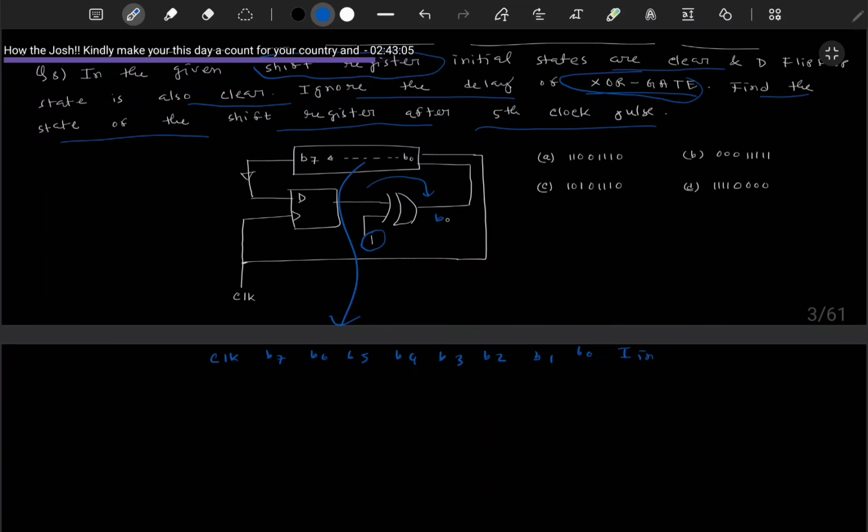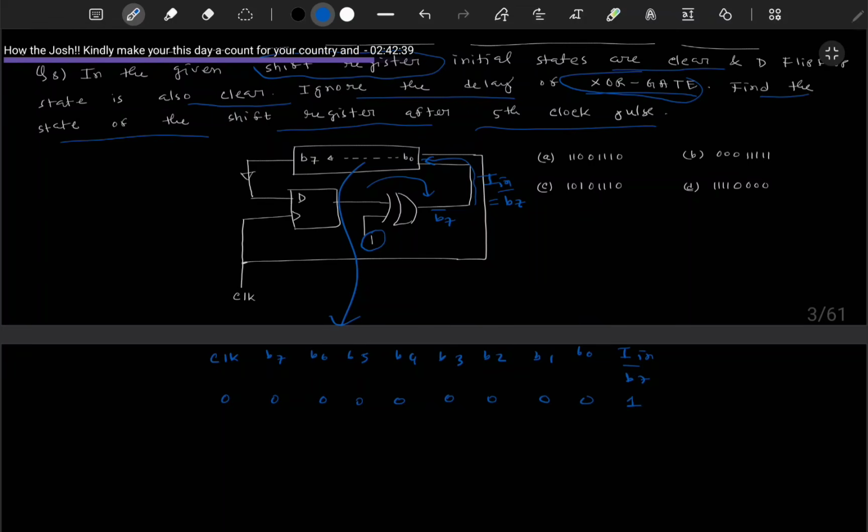Suppose B7, so B7 bar it will go to B0. So if we consider it as I in, it will be B7 bar. Now initially clock is 0 and everything is clear,